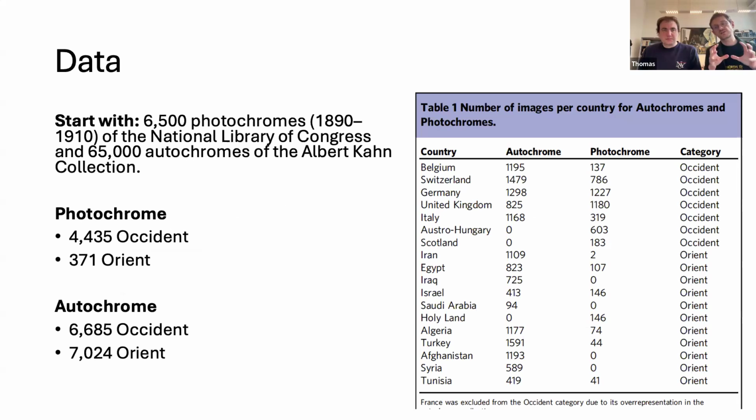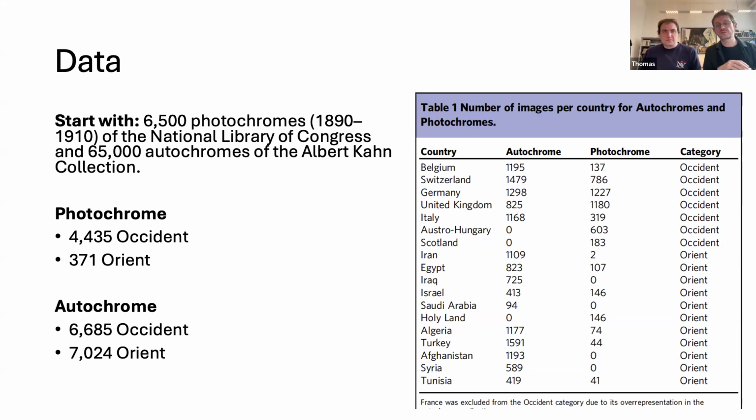So what we did, we constructed two different digitized collections that we extracted from archives. We took 6,500 photochromes from the Library of Congress in the US, dating from 1890 to 1910. And secondly, we collected about 65,000 autochromes from the Albert Kahn collection in France, which was created between 1909 and 1931. So we had a collection of autochromes and a collection of photochromes, and we used the metadata of these collections